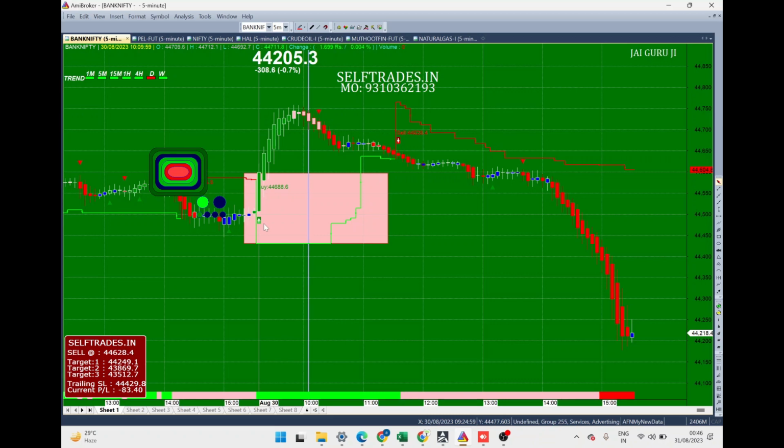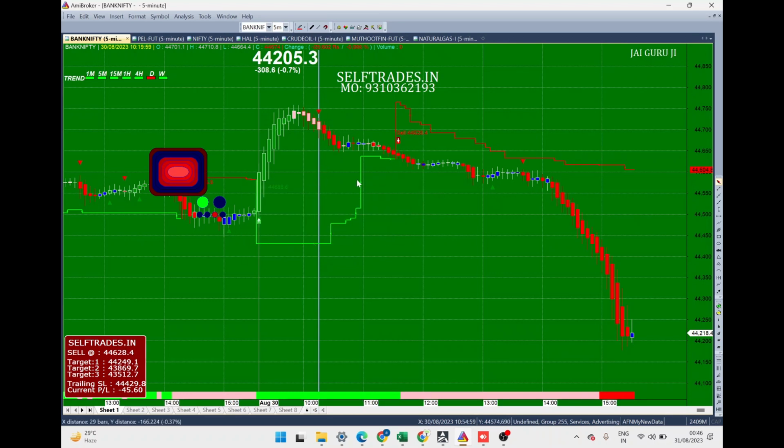So when it started coming down, you could see we got a red triangle. Now this red triangle indicates that if you are holding any call option, you must exit, because it is the first signal that the market trend is going to go down. You don't have to take a put option. Why? Because the line below is still green. So we exited our position. We were in a profit of around 30-40 points. Good enough, fair enough. Market is not moving.